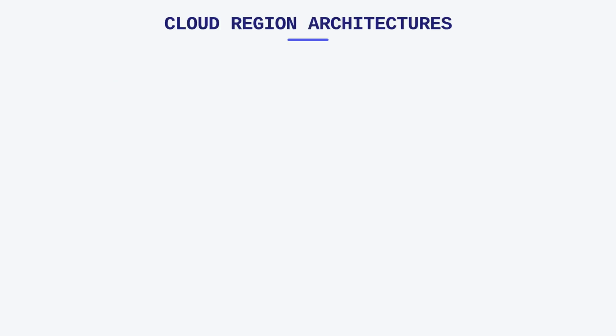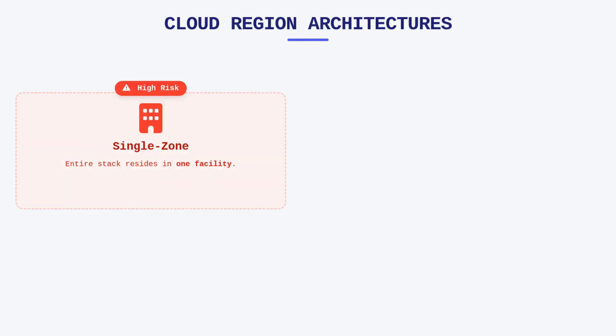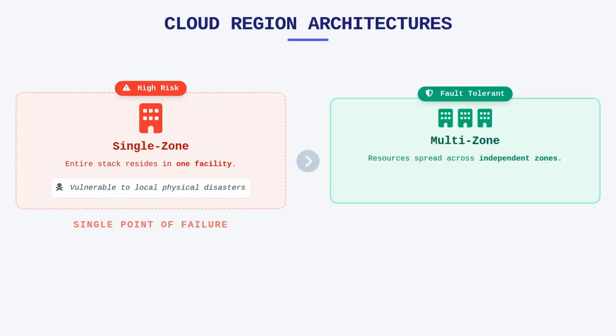When looking at the internal structure of these regions, we encounter the difference between single-zone and multi-zone regions. A single-zone region carries a higher risk because your entire stack resides in one facility, making it vulnerable to any physical disaster occurring in that building. In contrast, a multi-zone region consists of several independent zones, which allows you to distribute your application components for true